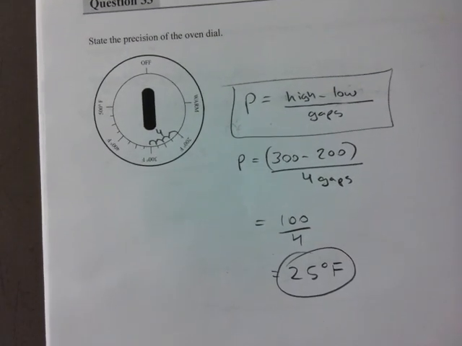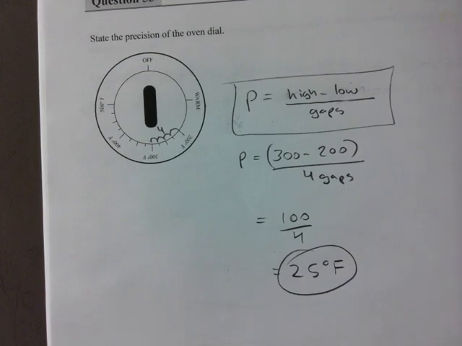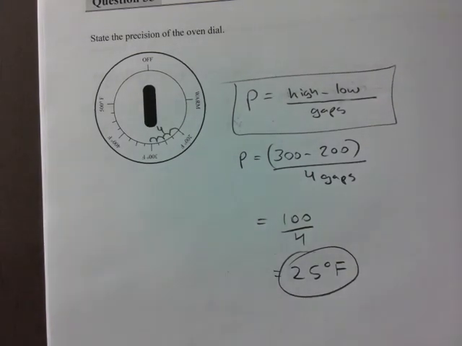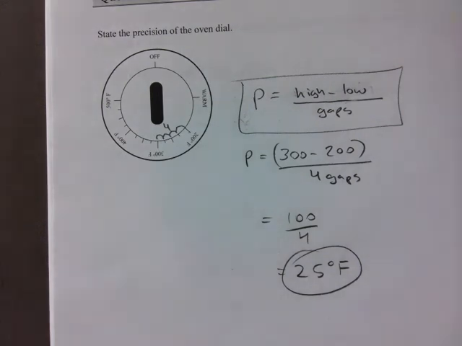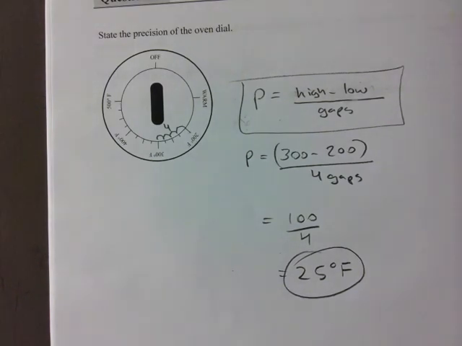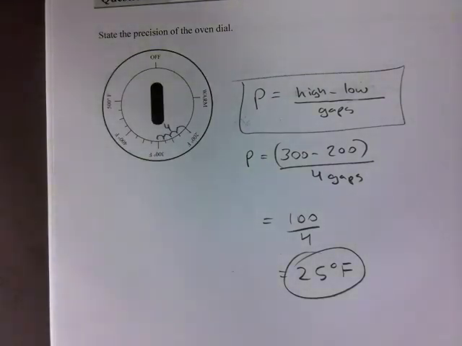Degrees Fahrenheit. Yes. Let me see. Precision, no. Uncertainty, yes. Did it ask for uncertainty? No, it asks for precision. So we're good. The uncertainty would be 12.5, right? Plus or minus 12.5. Statistics. Statistically speaking,